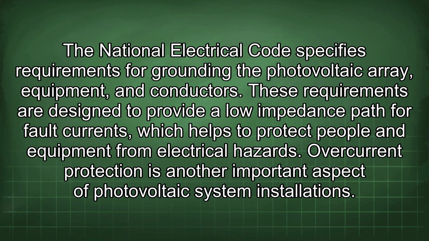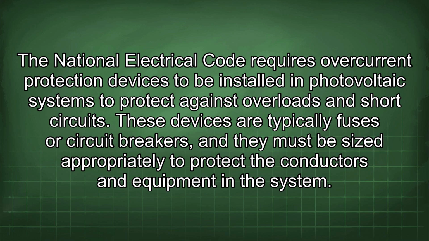These requirements are designed to provide a low impedance path for fault currents, which helps to protect people and equipment from electrical hazards. Overcurrent protection is another important aspect of photovoltaic system installations. The National Electrical Code requires overcurrent protection devices to be installed in photovoltaic systems to protect against overloads and short circuits. These devices are typically fuses or circuit breakers, and they must be sized appropriately to protect the conductors and